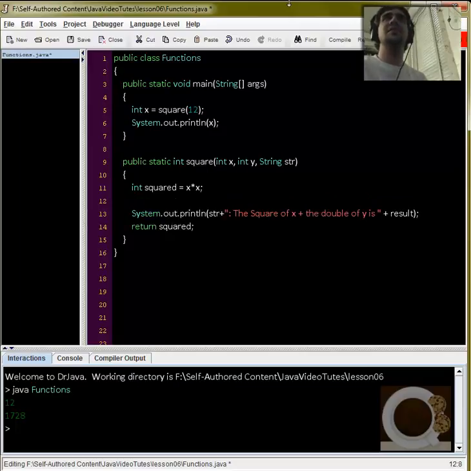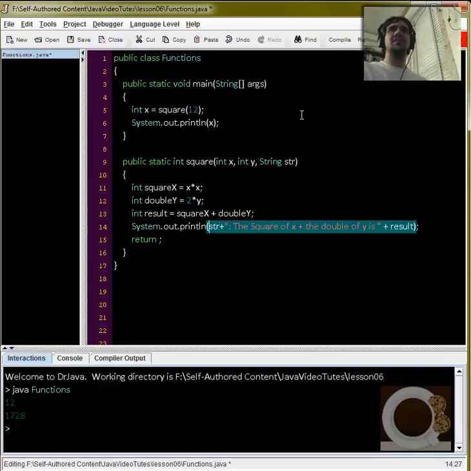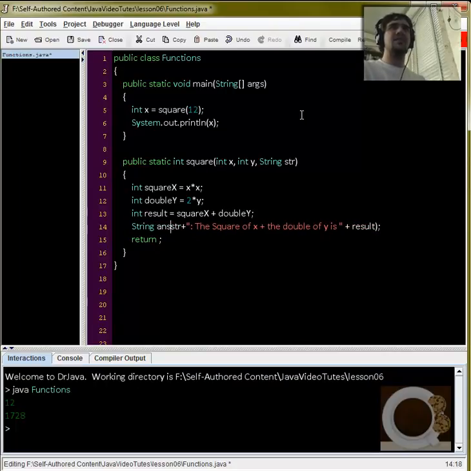And so let's make a result. So we squared x, and let's say int squared x. Let's just make our double y equals 2 times y. And we'll say int result equals squared x plus double y. And you can make your function do whatever you want. So I'm going to make this into a string instead of printing it out. So we'll say string answer equals that, and then I'll say return answer, and then this of course will have to be